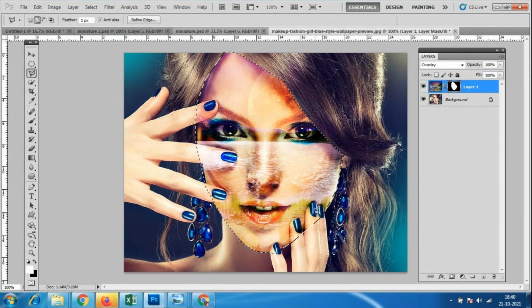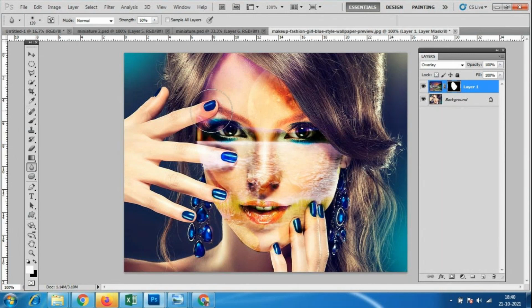Okay, so this is the layer mask. Layer mask is a very important thing in Photoshop. So we can create many things with the layer mask. Okay, so for this we can add the blur option, or we can do many things. So we have this blur option. So look here, let us see whether the blur will apply or not. So it is not applying, blur is not applying.